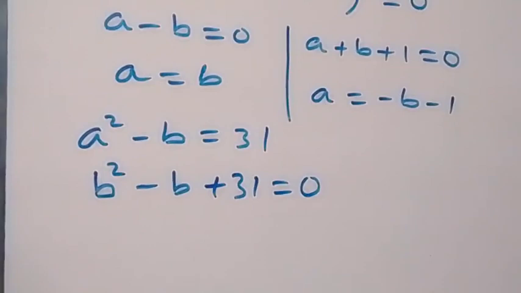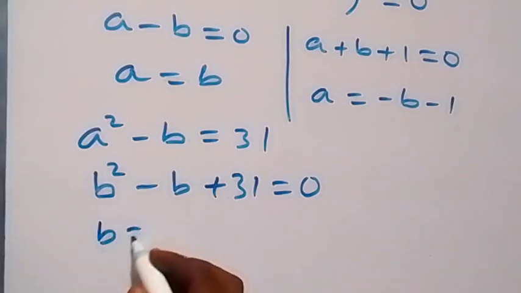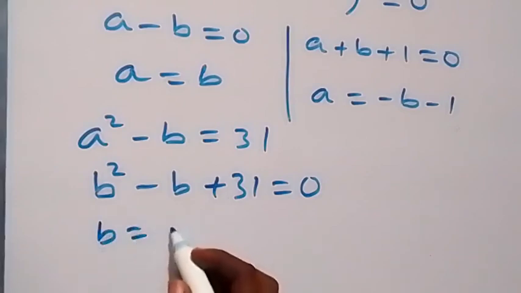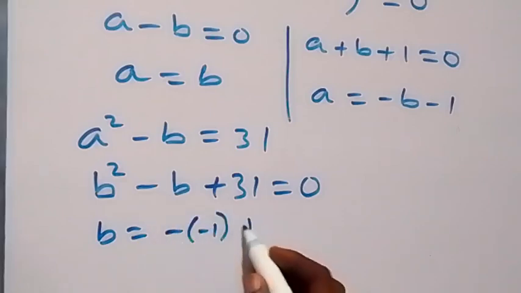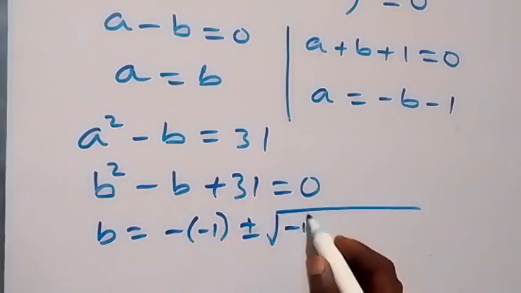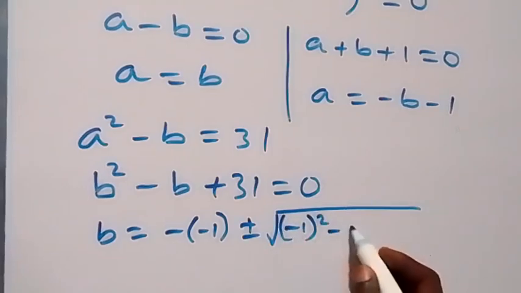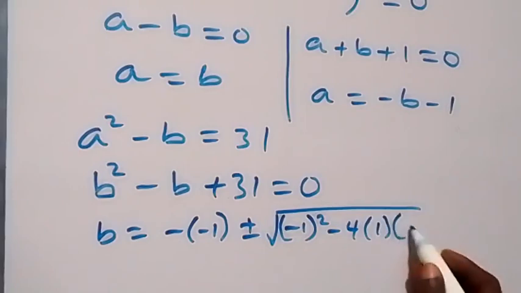That is, here we have a quadratic equation, then we can solve this by the quadratic formula, and we have B equals minus minus 1, then plus or minus square root of minus 1 squared, then minus 4 times 1 times 31,